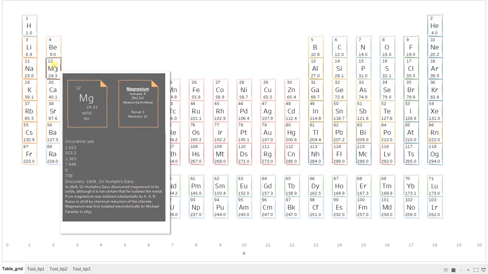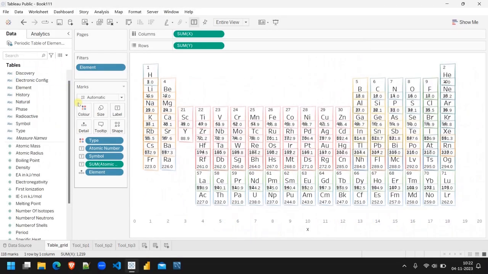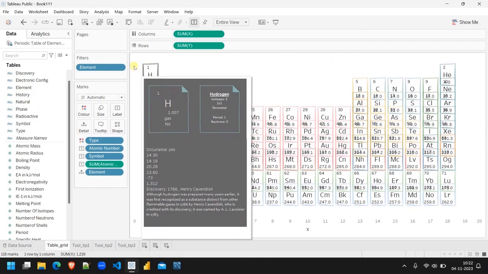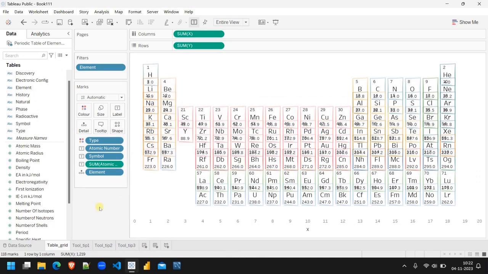We will do that. And then occurrence or the radioactivity are not properly shown. They are just yes and no, and we want to make it radioactive, non-radioactive. And in case of occurrence, we want to make it naturally occurring or artificial. Okay, so these things we need to do. So first of all, let's do this gap thing. Okay, so for that, we need to create